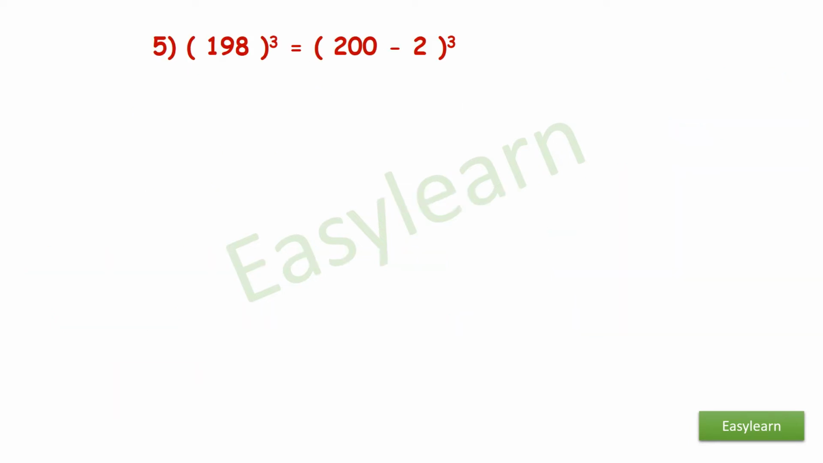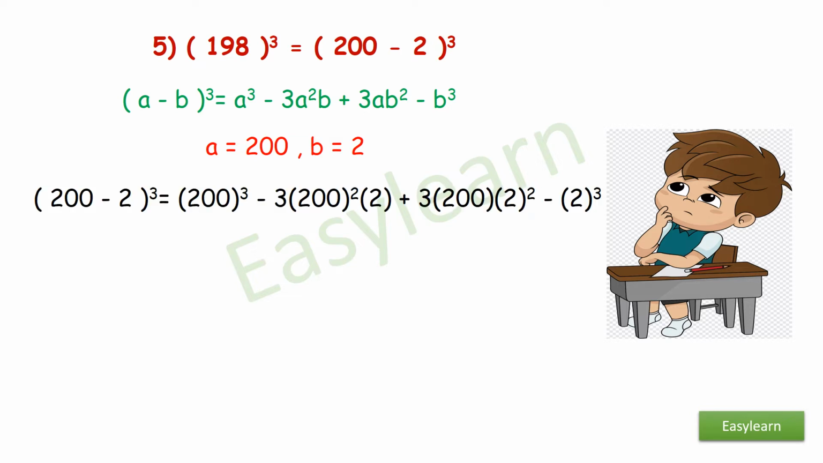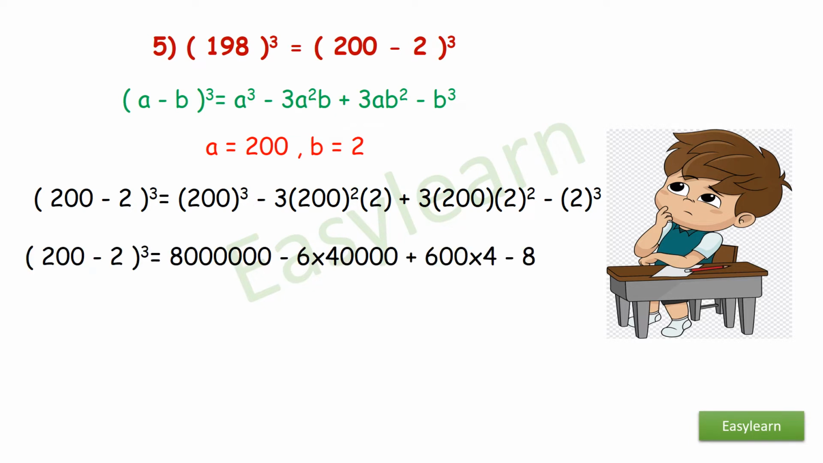Fifth, 198. Again 198 we can write it as 200 minus 2 the whole cube. Again the formula, the value of a is 200, value of b is 2. Substitute the values in the formula, we get 200 minus 2 the whole cube is equal to 200 cube minus 3 into 200 square into 2 plus 3 into 200 into 2 square minus 2 cube. So we get